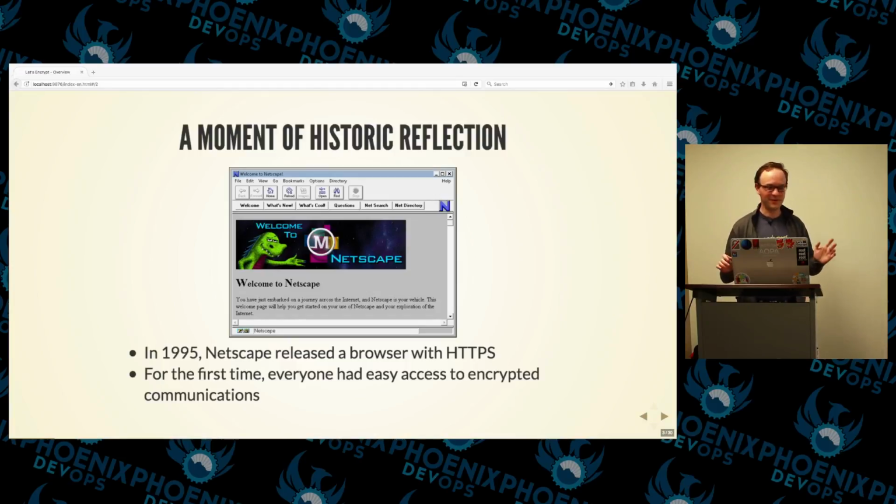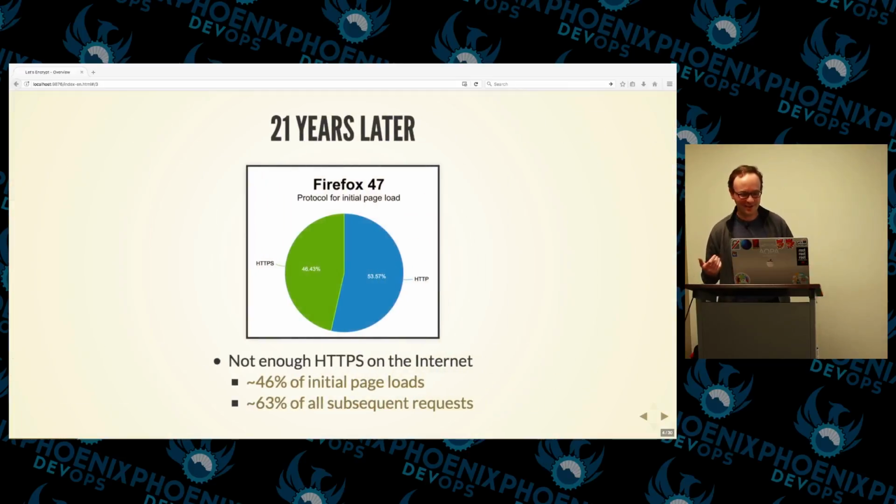And then for the first time ever, you didn't have to be a government agency or understand Bruce Schneier's Applied Cryptography to have encrypted communications. So it started just with, of course, credit cards and passwords. And 21 and a change years later, we're still in a spot where HTTPS is the minority traffic on the web. So that's changing, thankfully.